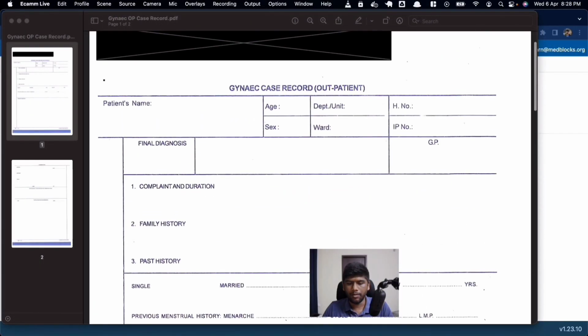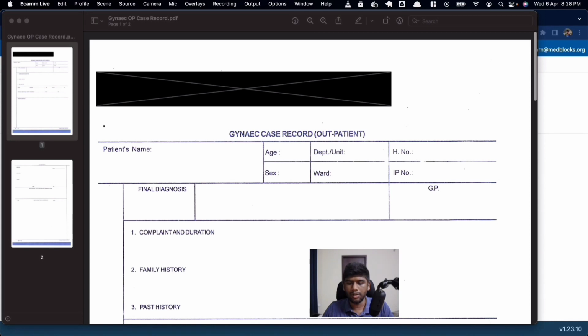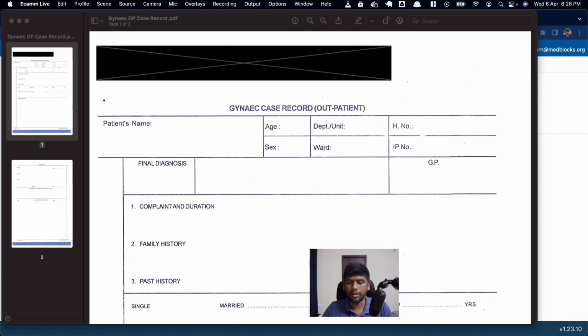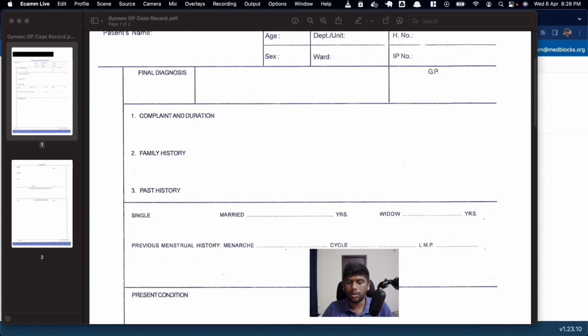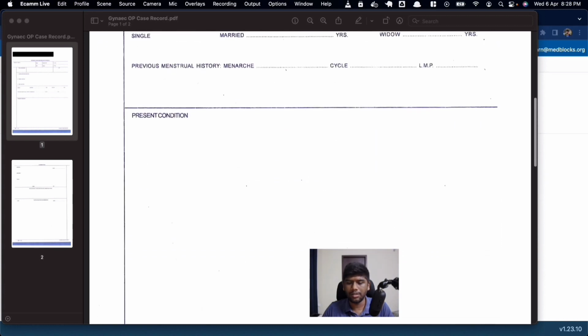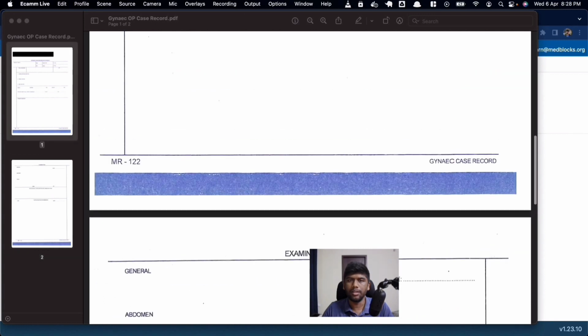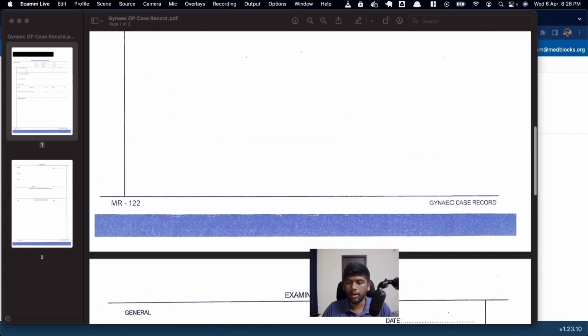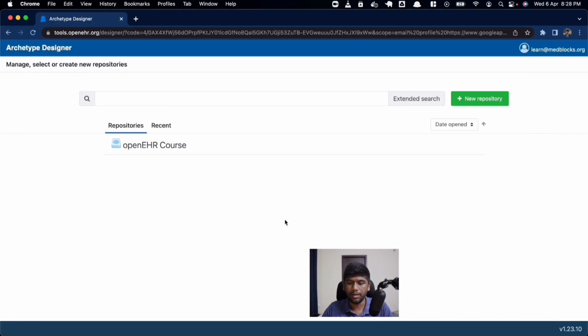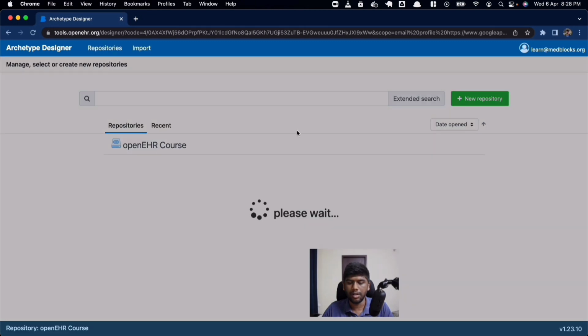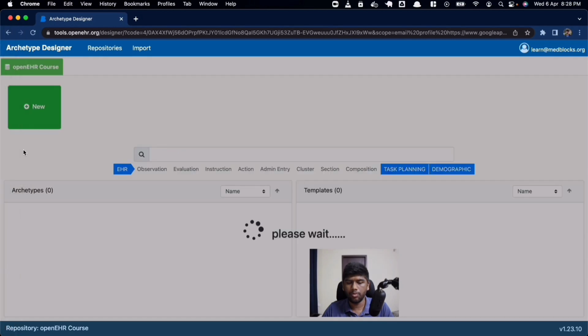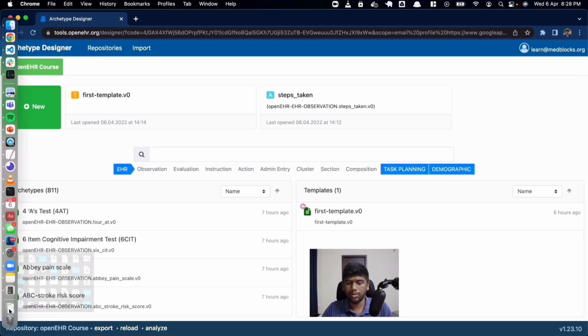Again, I have redacted the name of the hospital, and this is a gynecology case record. Now, if you look closely, it has a lot of fields, and we are actually going to be modeling this using the archetype designer. I already have my archetype designer up and running, so let me go inside. Taking a look at the form, the first thing that you see is that